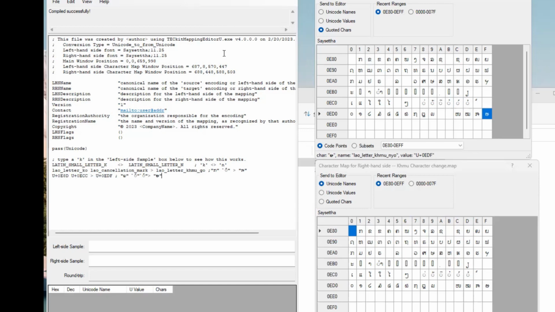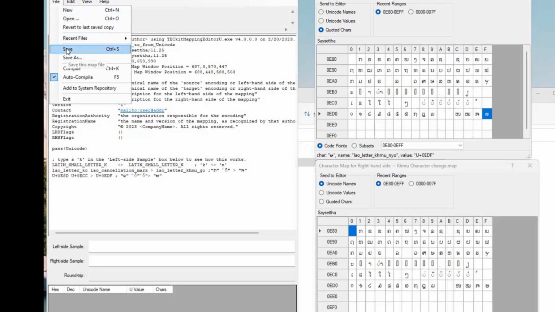Okay. And then you can see that it's compiled successfully. Then I want to save or save